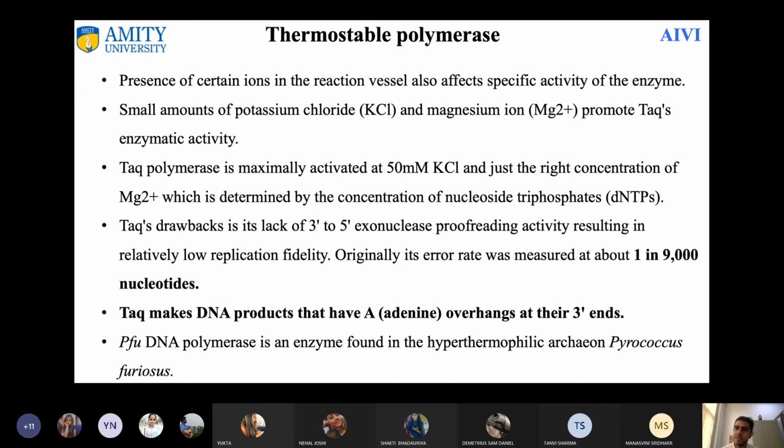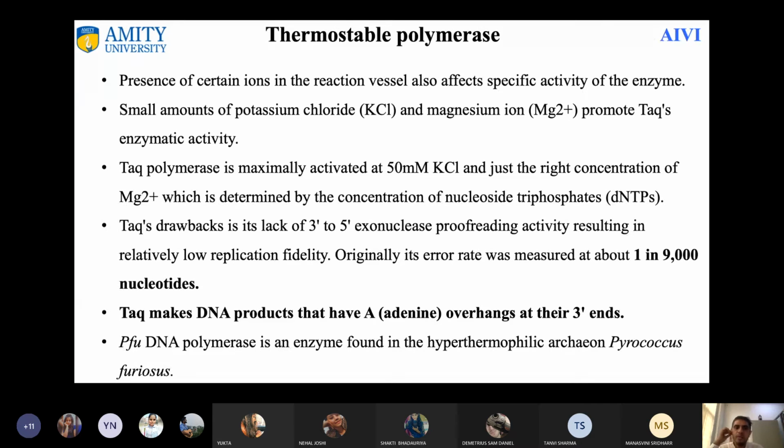Because if the wrong nucleotide is being incorporated, then it won't check whether it is wrong or right. However, the incorporation is not very frequent. There is only one wrong nucleotide among the 9,000 nucleotides it added. So you can rely on this polymerase, but when you want to show 100% that there is no error, in that case you can't use this